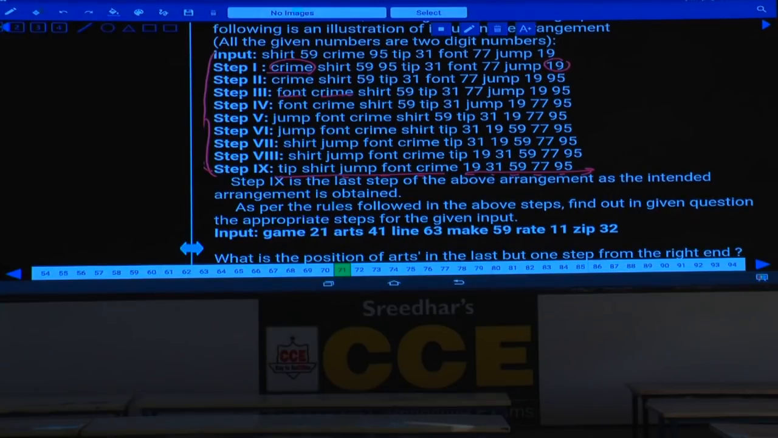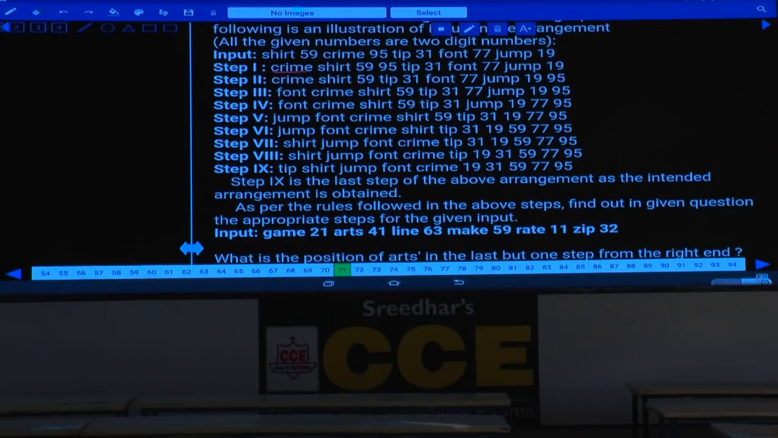Then in step 4, now this 19 is shifted to this place, and what is the next number to 19 here? After this 19, which element has been arranged here? 19 arranged, and now in this one, once again, now the least word, crime, is arranged at the first